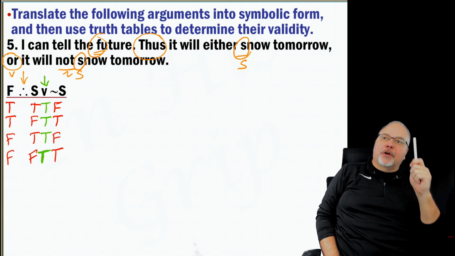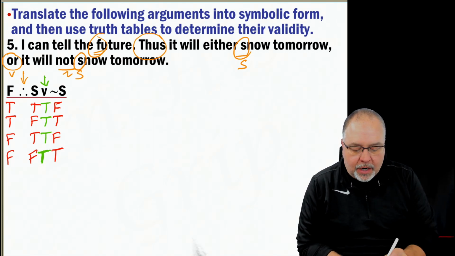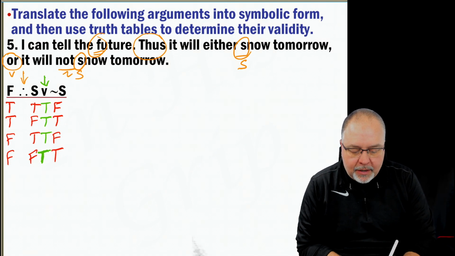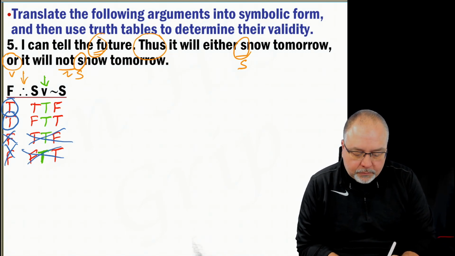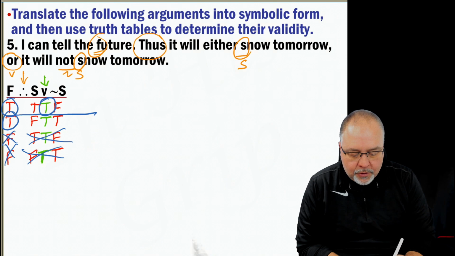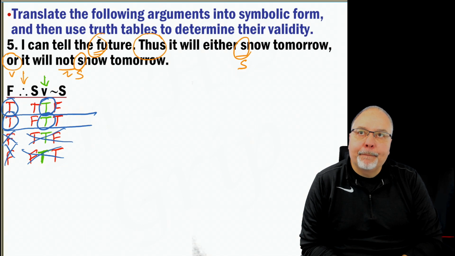Now, when I'm determining validity, remember, what am I looking for? Are there any lines where the premise is true? Okay? So on this line, the premise is true. This line, the premise is true. The premise is false here, so I don't care at all about these lines. I'm only looking at those first 2 lines, right? So when F is true in this argument, here we go, true. When F is true again on the second line, true, okay? And as we learned, right, this is